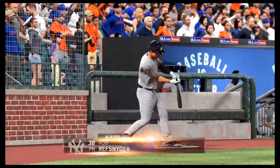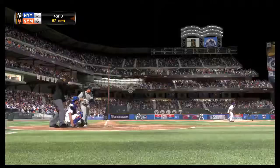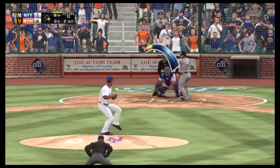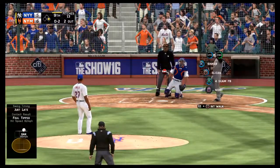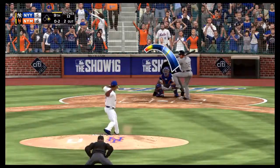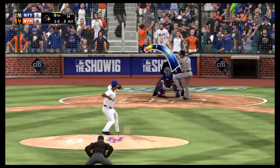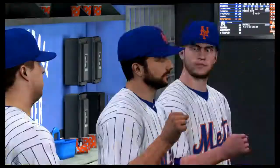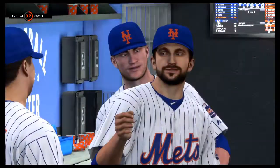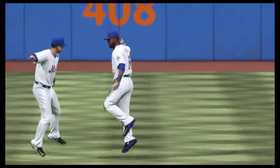Rob Refsnyder will be called upon here to hit with the game on the line. And here's a fastball called for strike 1. Yeah, 97 will get up on you in a hurry, especially when it's your first debut of the night and you're just settling in. That misses, says the home plate umpire. 1-2. Where it misses, I'm not quite sure. And he struck him out for out number 3. So that'll wrap things up here as they leave the possible tying run stranded at